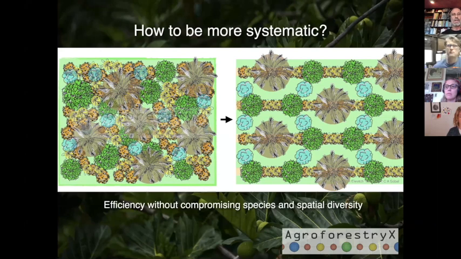This is my drawing on the left of that Samoan agroforest. So part of what we're doing in the tool is taking a leap into an organized row-based planting, which is much easier to conceptualize, much easier to manage, especially if you have machines, and much easier to teach.